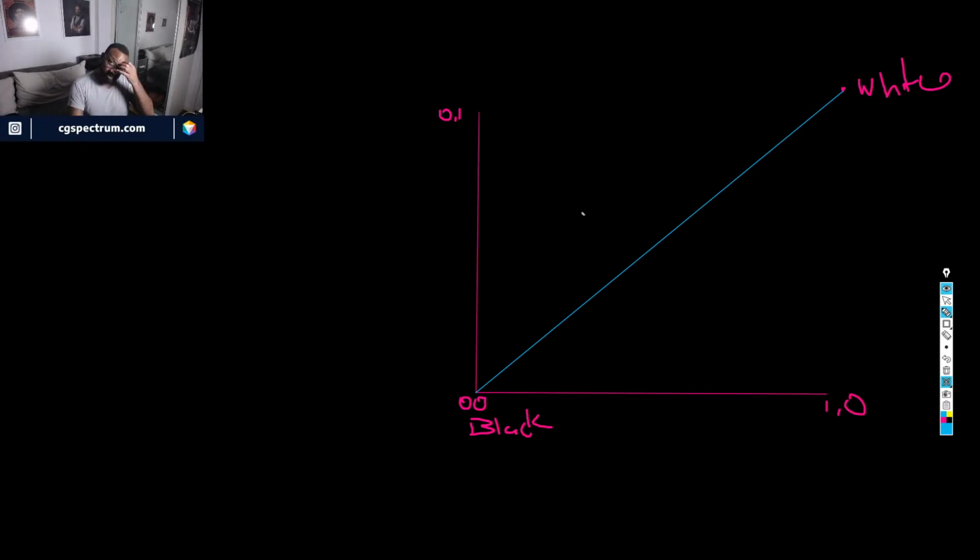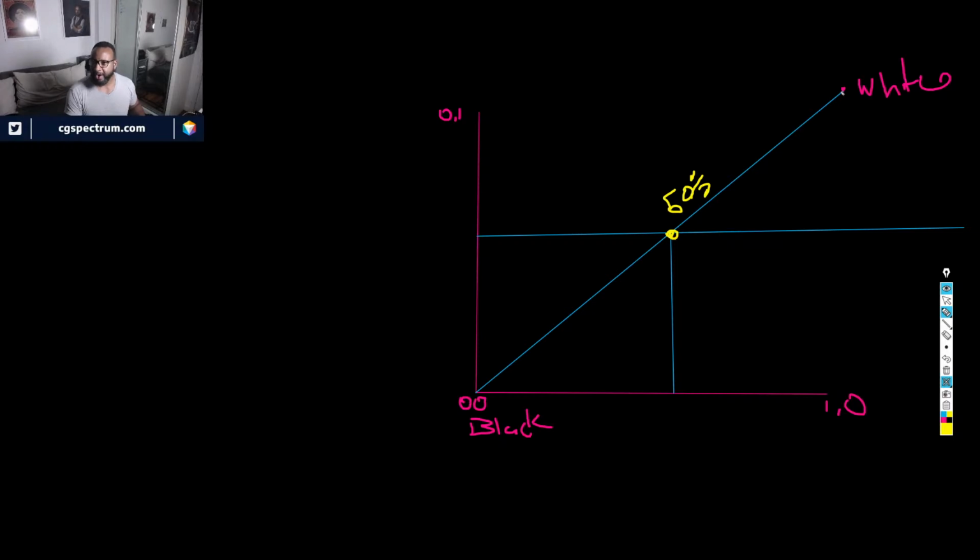And this is what the curves tool is doing in Photoshop. If I take 0.5 and go across here, and I go at 0.5 and go across here, oops, missed. This point here should be 50% gray if I have a straight linear black to white. Now, if I go into my curves node in Photoshop or Substance Designer or Substance Painter or whatever, basically what I'm doing is pushing around this middle value. So I can make this go like that. Right, so now instead of 50%, I'm at like